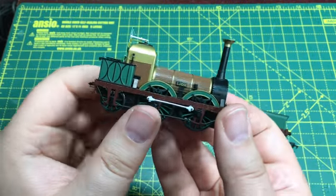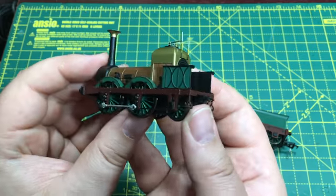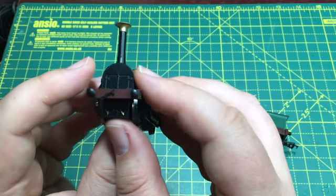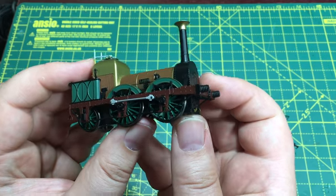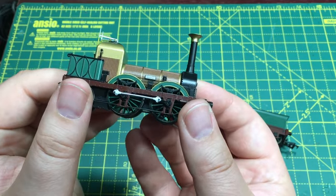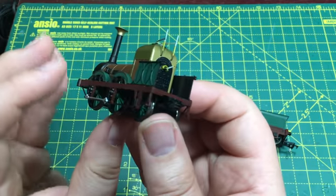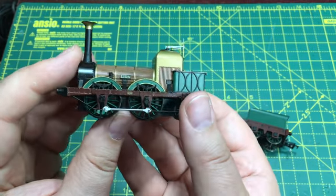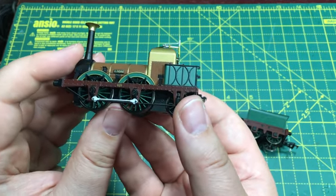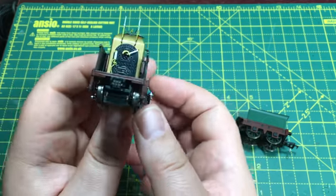Next up is DCC fitting and innovation. Well, with the sound decoder install, I have to say, I really quite like the fact that they've kept it simple. We haven't gone for hundreds and hundreds of spot sounds that sometimes it seems that manufacturers are really tempted to add in there. Most of the time, believe me, you'll never use most of those spot sounds, so they've kept it to the bare essentials. It also means that all the functions are low down. F8 is the highest, and so anybody with a very basic DCC system can still get access to all of the functionality of this